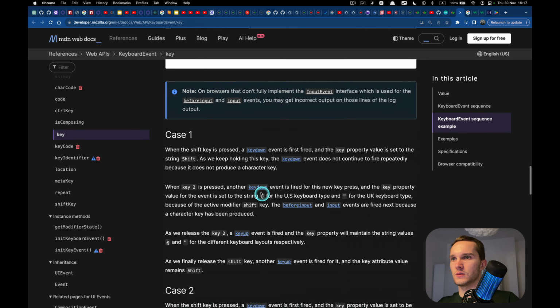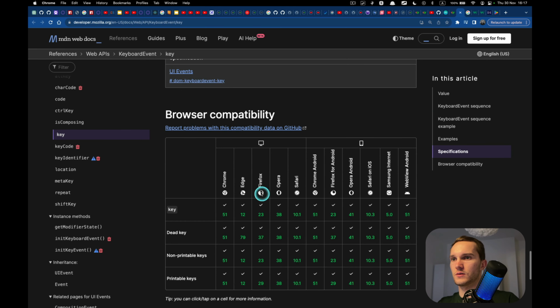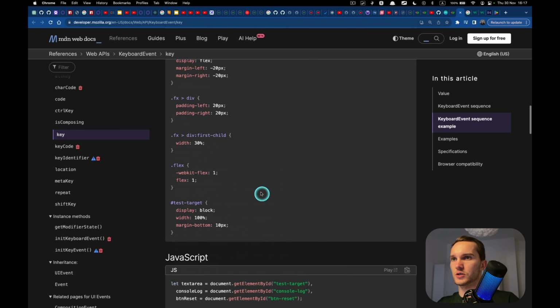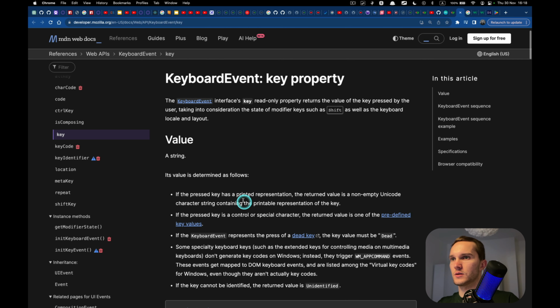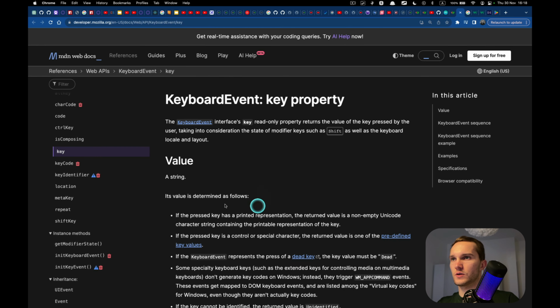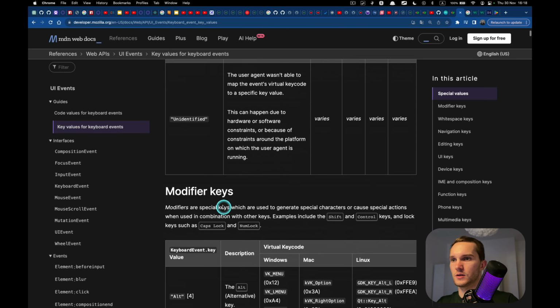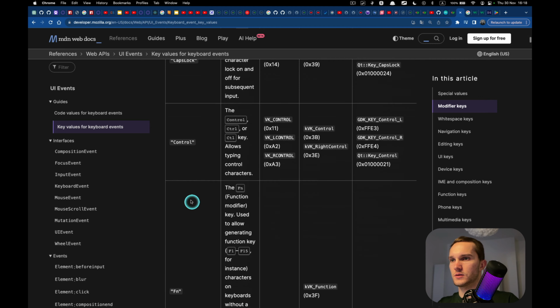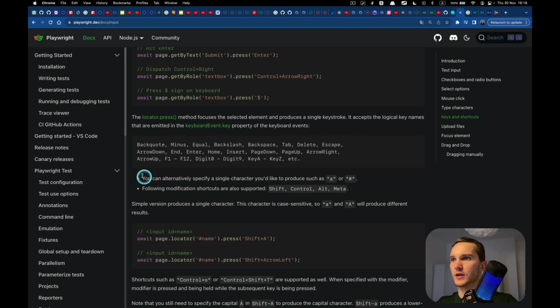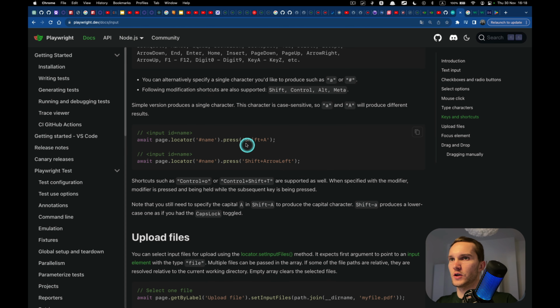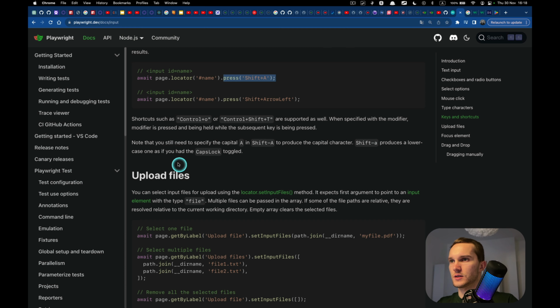Here you can find all the possible actions. Somewhere we should have the predefined key values: Shift, Alt, CapsLock, a lot of them. All right, moving on. Then pressing Shift plus A, two buttons at the same time.